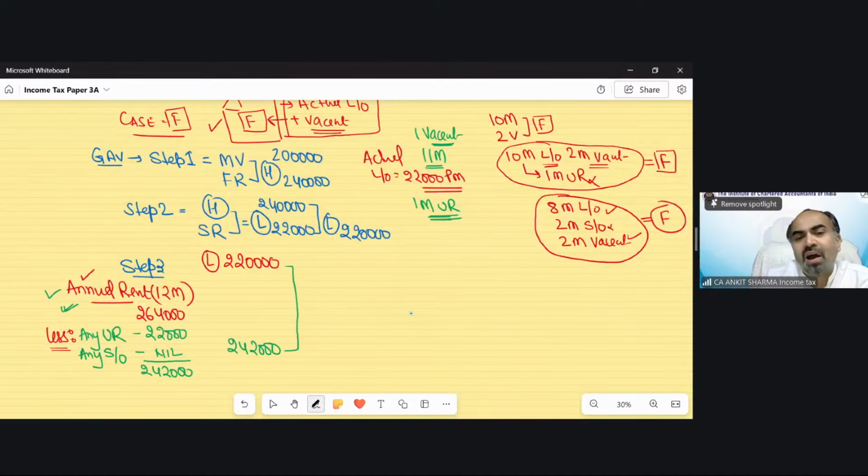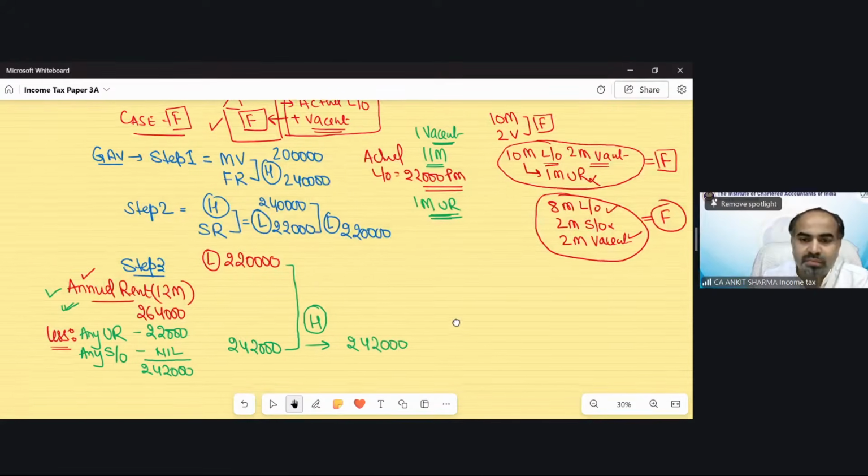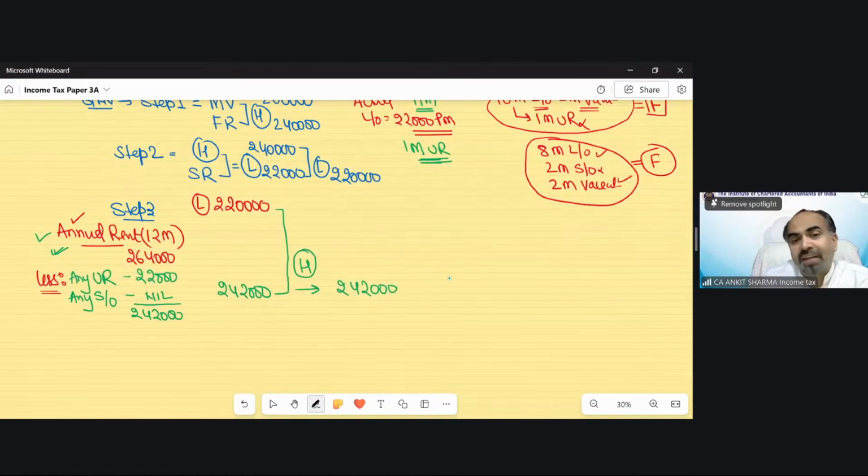Now you need to find the higher value. As step number 3, we find out the higher value. And in this case, the higher value would be 2,42,000. Now, out of this higher value, it's still not GAV. Generally, the higher value is considered as GAV, but not in case number F. Case number F says, if this value, which we find out as per annual rent calculation, becomes higher, as in this example, then you need to reduce